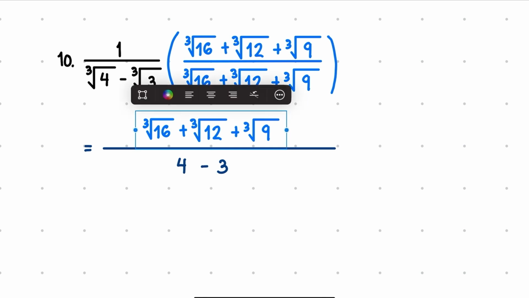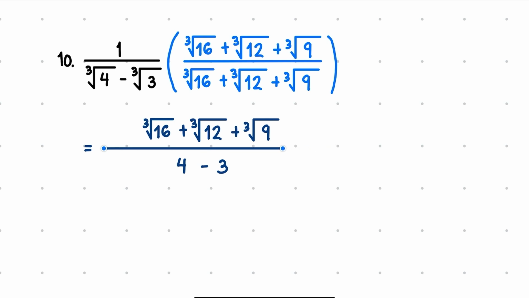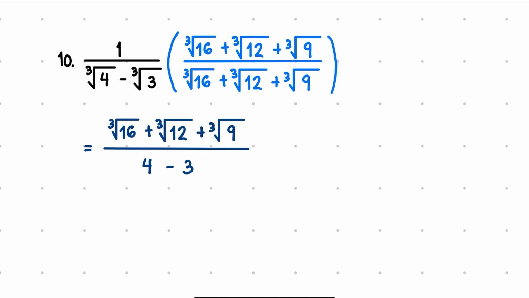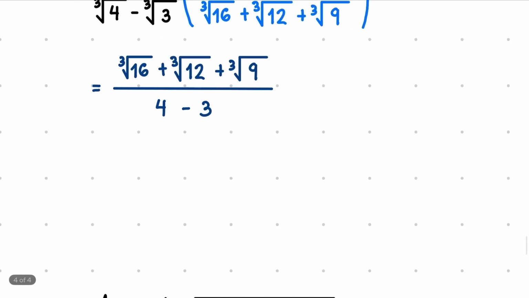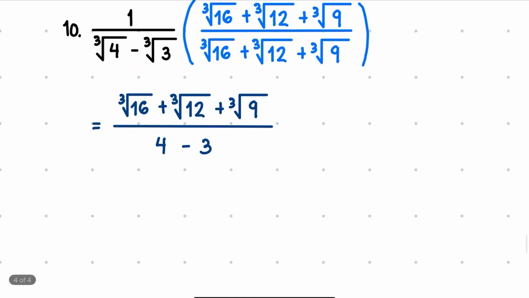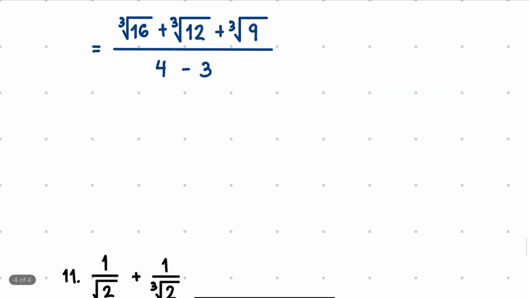Okay, let's see how to change the color of this one. There. Okay, good. And then from here, take note that the denominator will just be 1, so we can disregard that one and focus on the numerator instead. Here, take note that 16 is equal to 2 raised to 4, or 2 cubed times 2, so we can actually factor out the 2 cube out here. And so we'll be left here with 2 cube root of